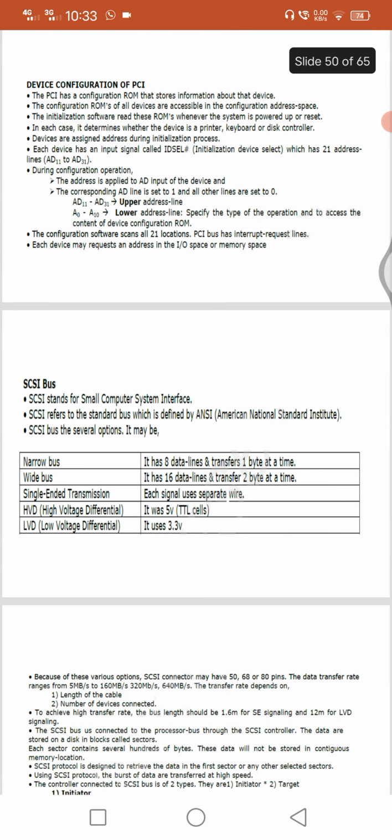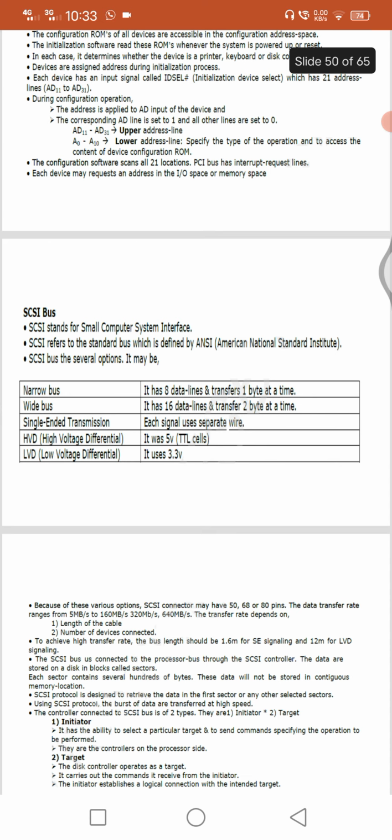Coming to the SCSI bus, SCSI stands for Small Computer System Interface. SCSI refers to the standard bus defined by ANSI, the American National Standards Institute. This is an organization that provides standards to institutions. The SCSI bus has several options: narrow bus, wide bus, single-ended transmission, HVD, that means high voltage differential,